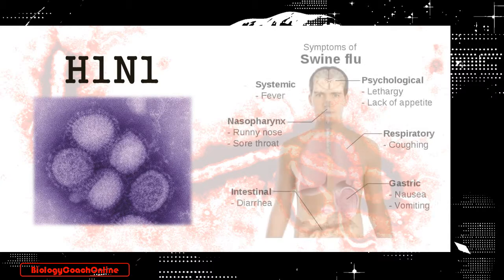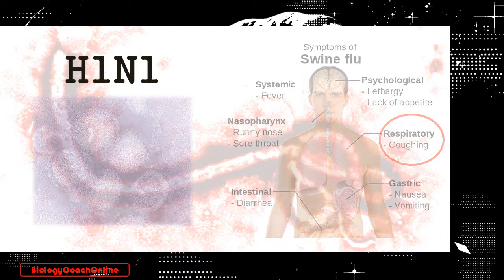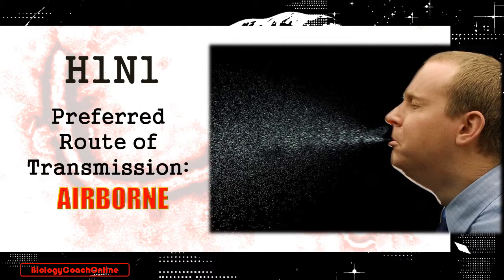Now, the causative agent of Spanish flu was an early mutation of the H1N1 virus. Now, you might recall H1N1 from the recent swine flu pandemic of 2009. So, victims initially present with similar flu-like symptoms, such as fever, chills, general malaise, muscle aches, headache, nausea, the usual flu symptoms that I'm sure you're familiar with. As H1N1 settles in the lungs, however, severe coughing and sneezing ensues, and therein lies the pathogen's preferred airborne route